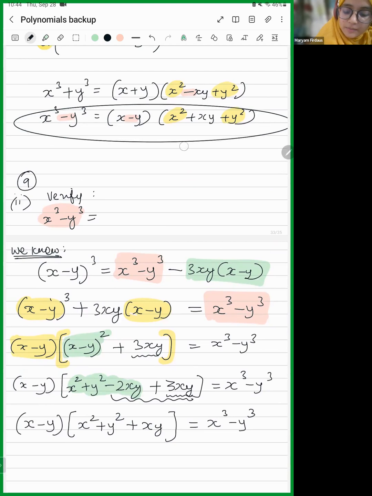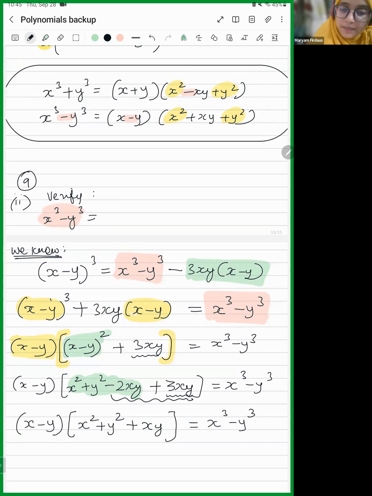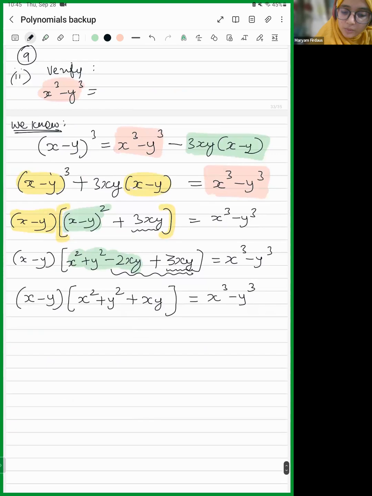So we are done. Kindly try to memorize these two identities. And this will be easier if you try to do more and more practice. So now,